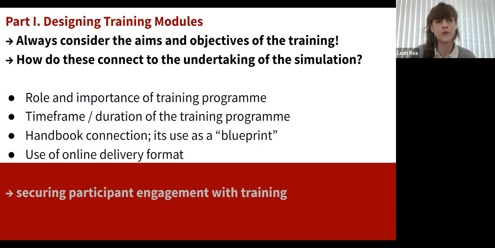And that is very important. This type of training programme cannot be delivered 1 or 2 weeks before the simulation. It traditionally does take place, sometimes nearly a month before the simulation. And that's, as I said, just to emphasise, to ensure our participants have the time to engage in the training